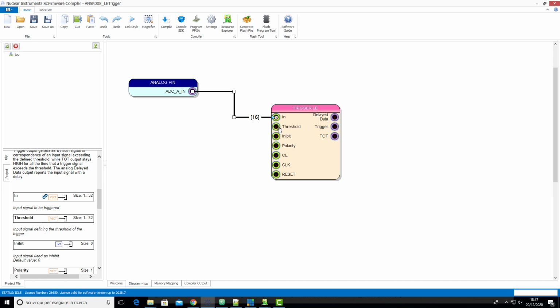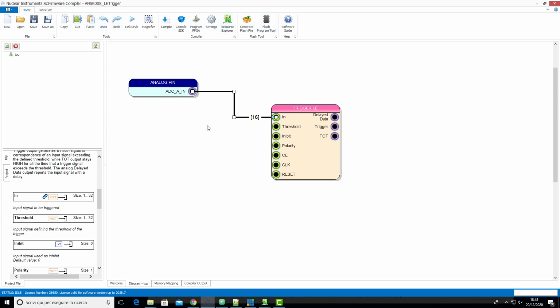Threshold is the threshold value in LSB and operates directly on the analog signal. The inhibit is the number of samples used to avoid that the trigger fires on consecutive pulses too early. This is useful if you have a very slow signal, because in this way you can avoid the trigger firing on the falling edge if you have too much noise. Finally, we have the polarity: if 0, the trigger looks for a positive signal, while if 1, the trigger looks for negative signals.